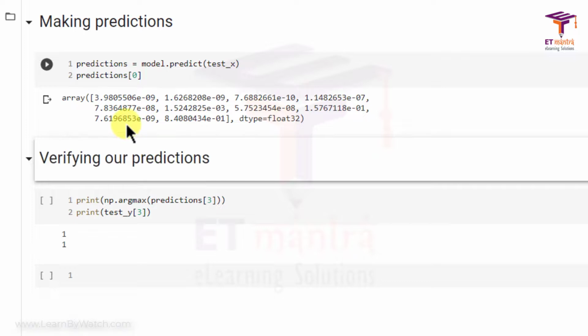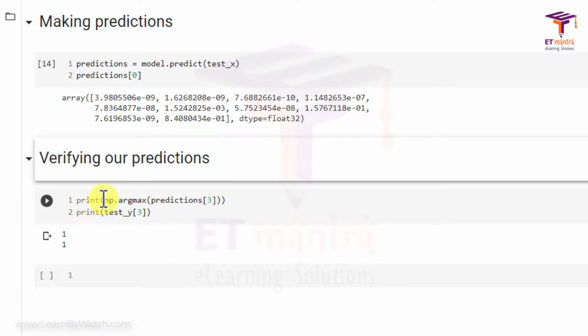And what we do in softmax is take the value which is the highest as the output. We implement that with np.argmax, which takes the maximum, and that will be our output.